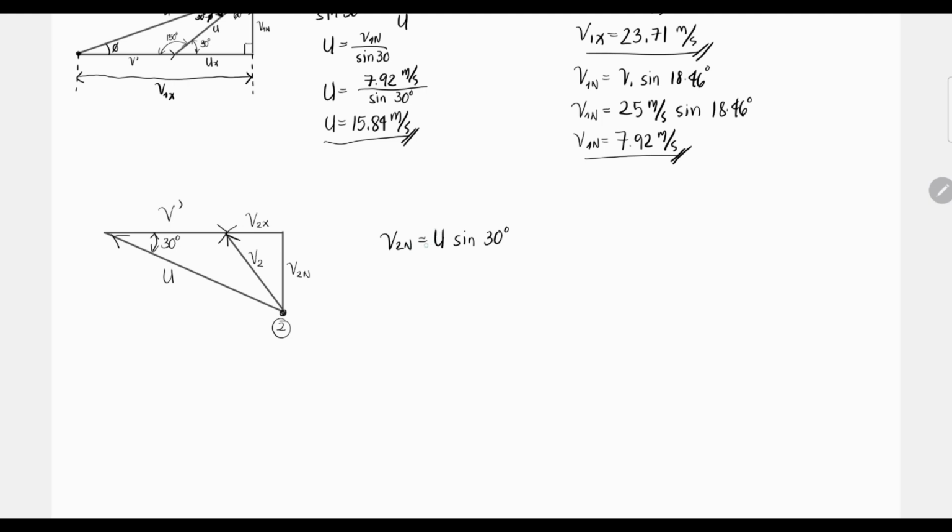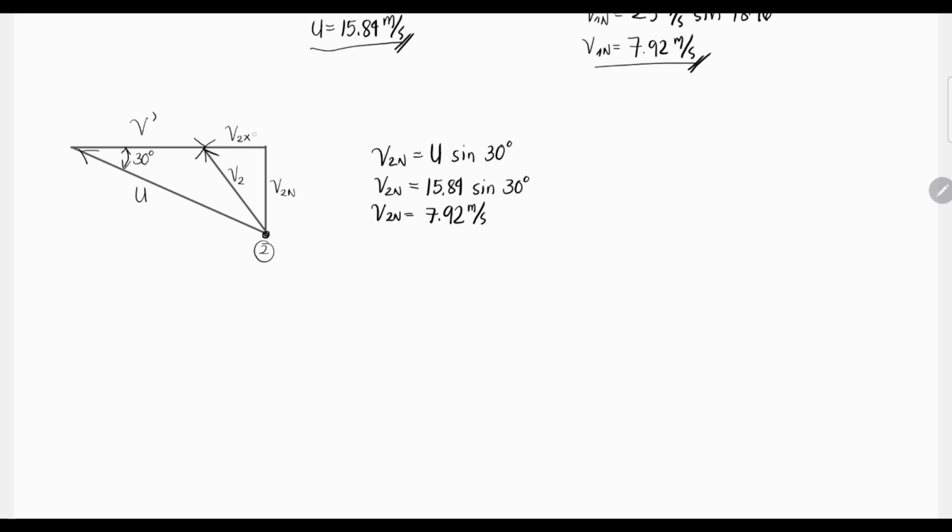So, this is our hypotenuse. Sine 30 is equal to opposite, which is V2N, over the hypotenuse. Opposite siya ng ating angle, di ba? Yung V2N. This is our solution for finding V2N. V2N is equal to 15.84 sine 30 degrees. Therefore, V2N is equal to 7.92 rin